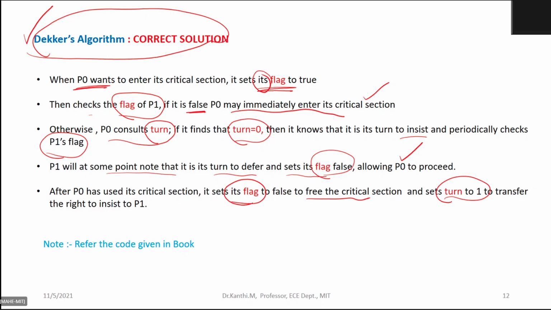Here, in all the situations, we have given examples with two processes for a simple understanding. Please refer to the code given in the book. I did not copy it in the slide. The correct solution sequence is given in the book by William Stallings. Please refer to it. This is how you need to write the code to handle the mutex in operating systems. Any clarifications? Please go through the code given in the book.